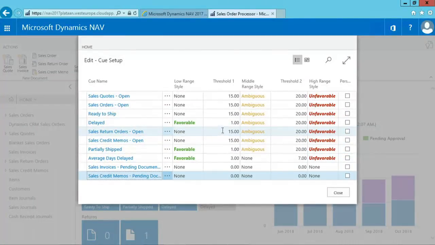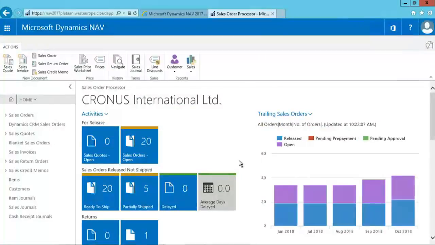And now you can see, for example, delayed. Favorable is everything from 1 and below 1. Then between 1 and 20 is ambiguous, and above 20 is unfavorable. And that's why if I close this page, you can see that now currently delayed is displayed as green because there's no delay. Now this is because of my work date, so let me change the work date